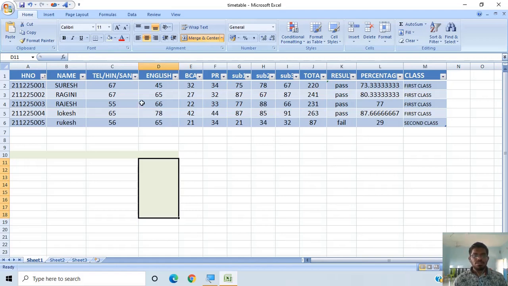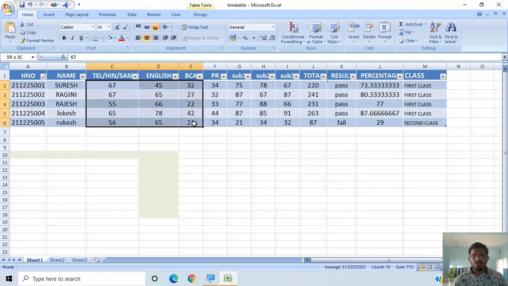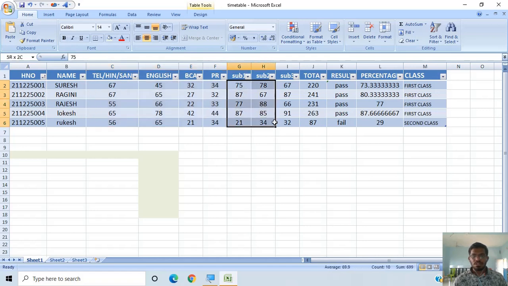To calculate the percentage in your academics, only the main group subjects will be taken, and the remaining 4 papers which you have to write are considered as qualifying papers only. These are mandatory to qualify, but not mandatory to calculate. These values are not taken to calculate your percentage for the graduation itself. So these are the 3 things used to calculate the percentage here.